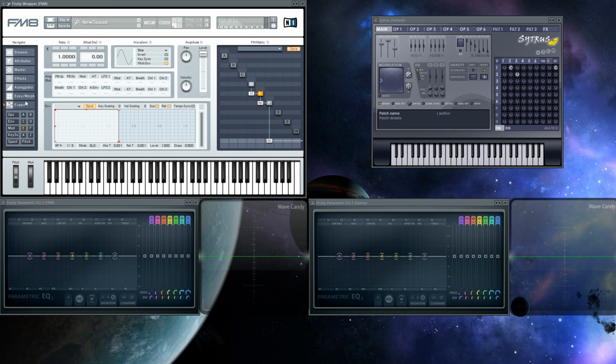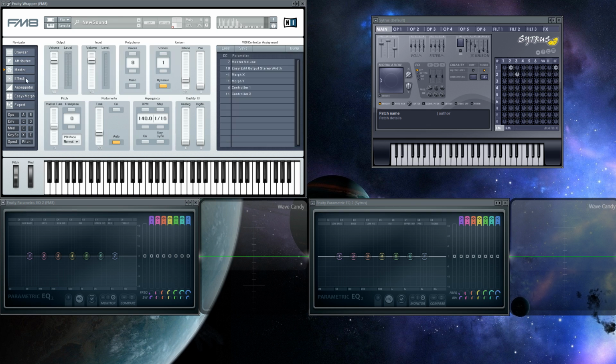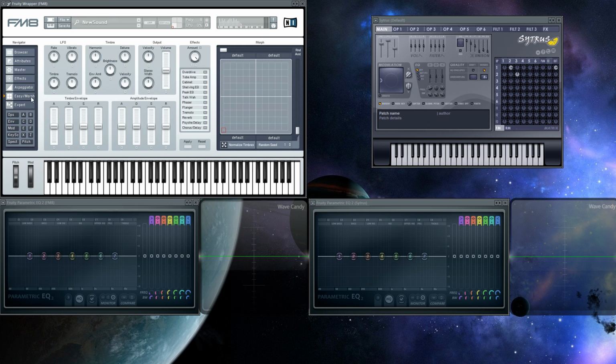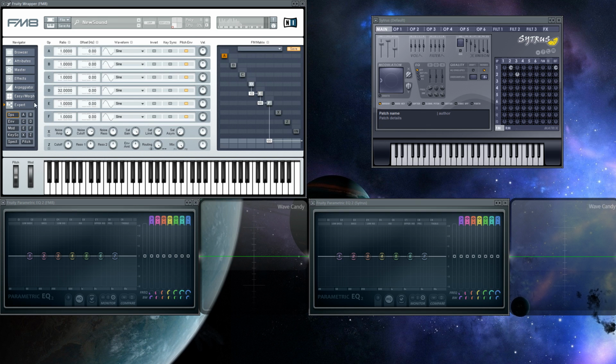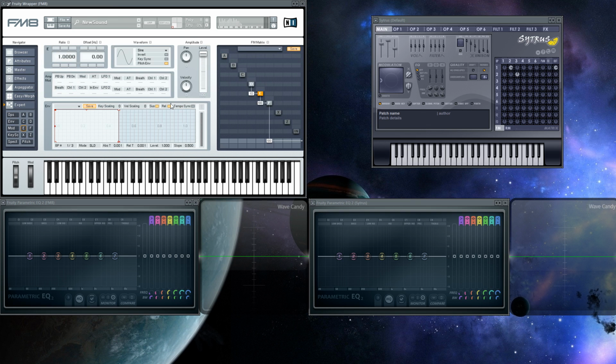One of those things is, where is it? Not browser, not attributes. Bear with me, this is my first time using FM8. Expert ops. Hey, there you go. How counterintuitive. So oscillator E, this one here, if we change the waveform of that, we've got a couple of options. They're like set. So if I were to change that to a triangle wave,